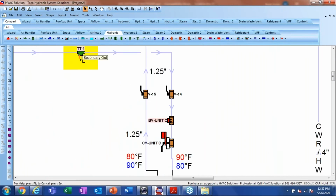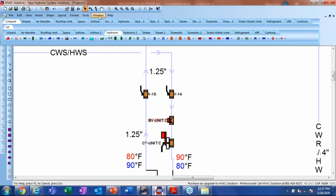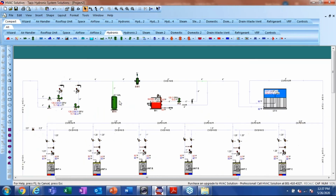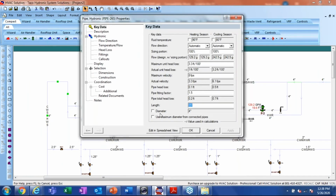Anything else, Rich? Yeah. Another person asked, are there any warnings built in for too high a velocity in the piping? Do we get any kind of warning or alarm? You do not. I'm going to go back to this piece of pipe again, right here. Click on it. There are no warnings per se, but if you leave this box unchecked, the software calculates values that are within HVAC standard practices, Hydraulic Institute or ASHRAE standard